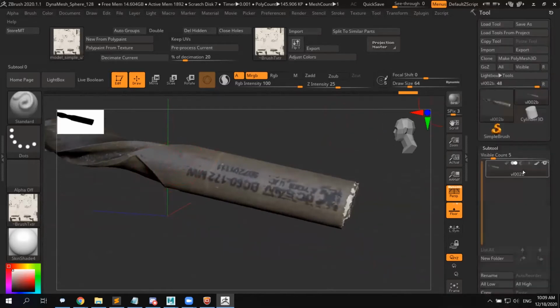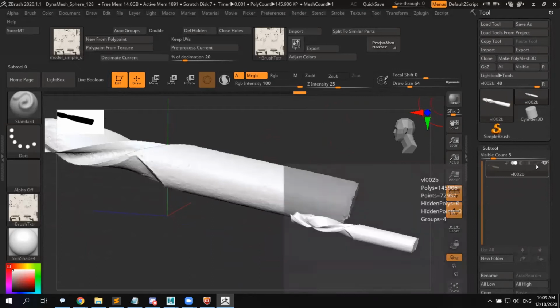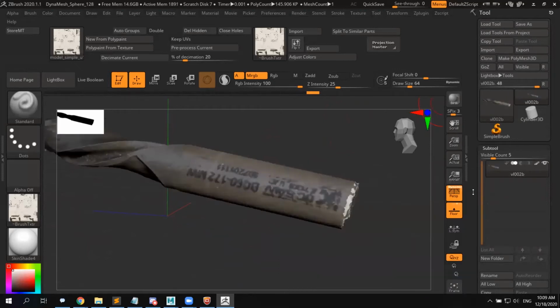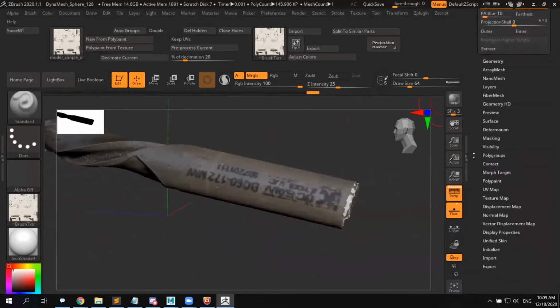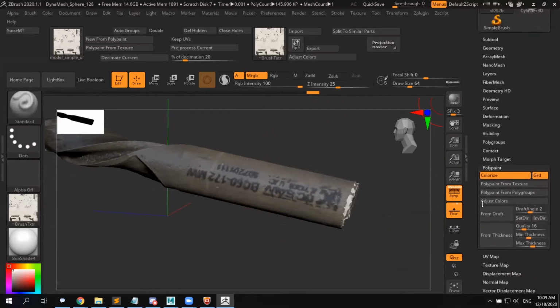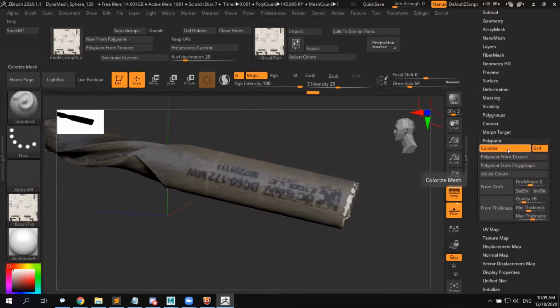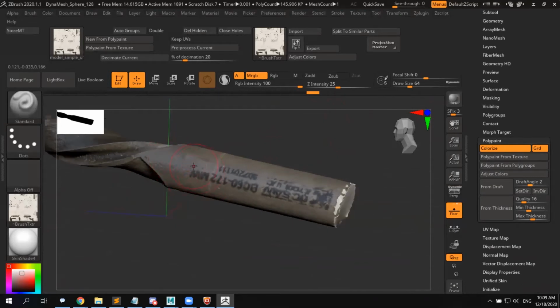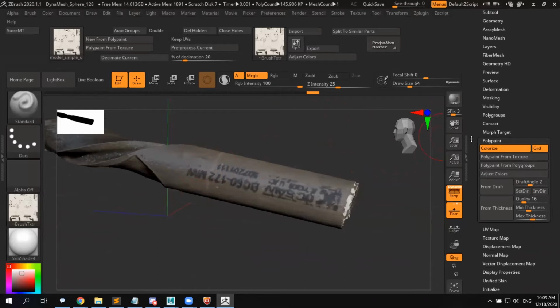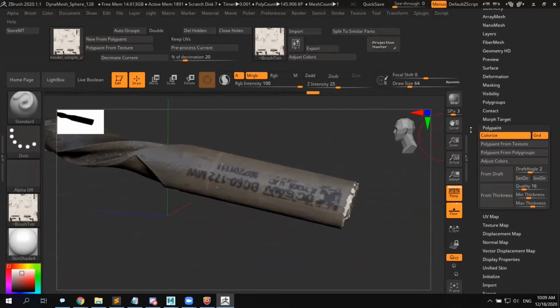go up here in the subtool, make sure this paintbrush icon is on, okay? And then we're going to go down to polypaint, make sure colorize is also on, okay? Then right here's a little color palette. We can actually color pick what kind of colors we want. So I think what we can do here, yeah, if we